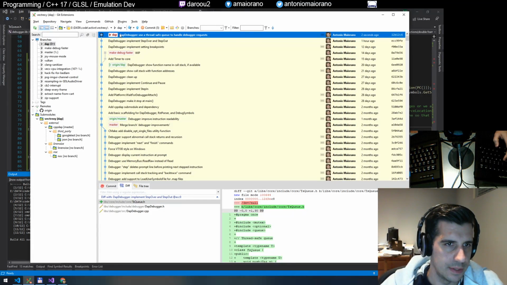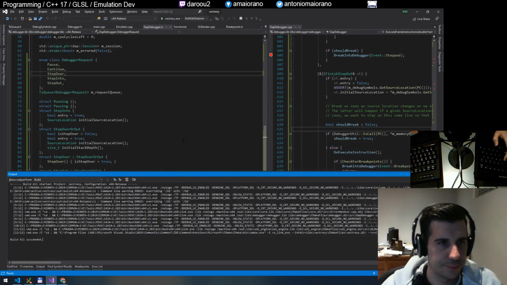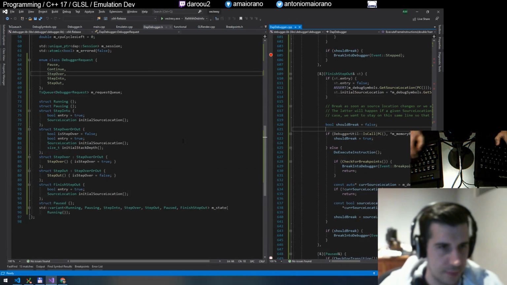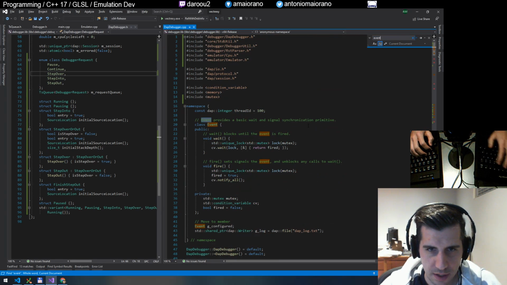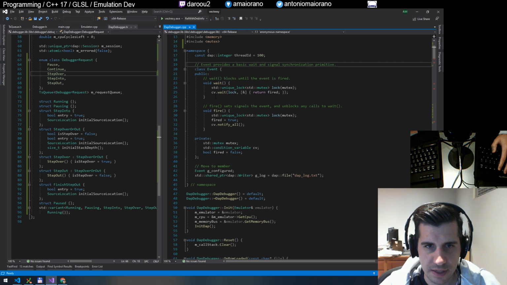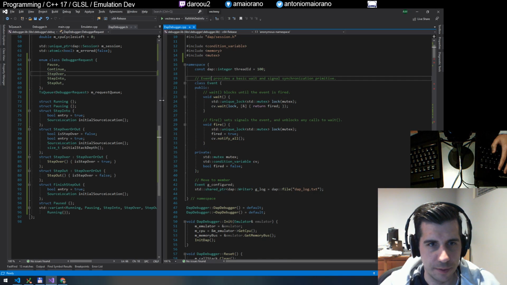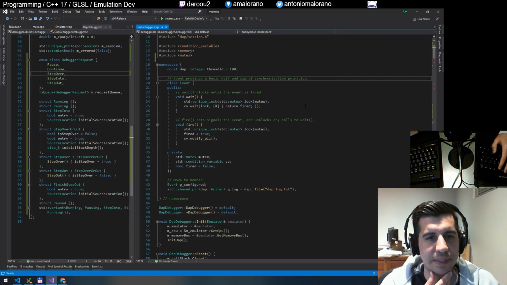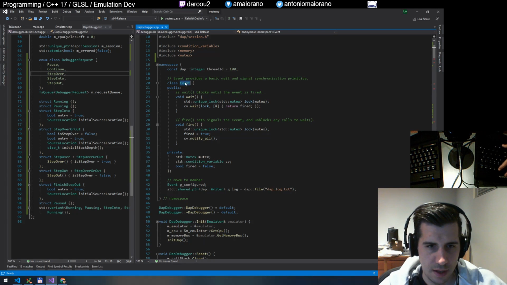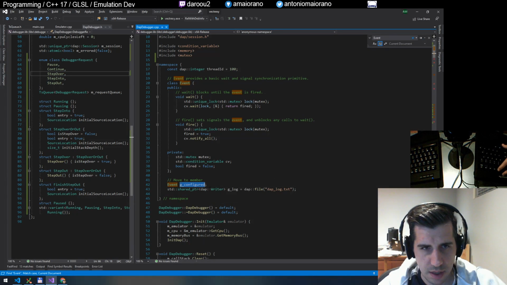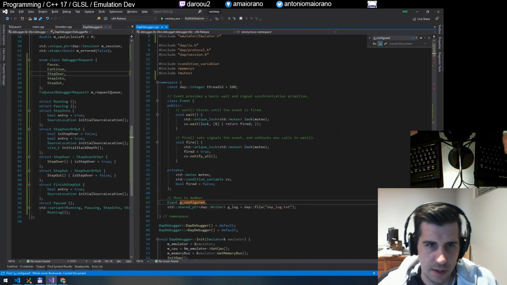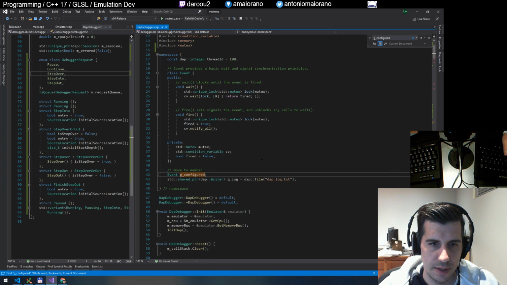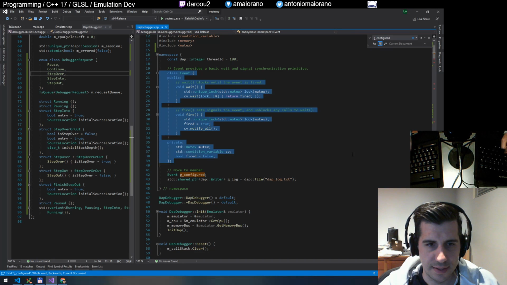So what's next? So I was thinking about that event thing. There's actually this event class that I nabbed from the CPP DAP example. Am I actually using this thing? I am. Yeah, so this is actually pretty cool. This event class is